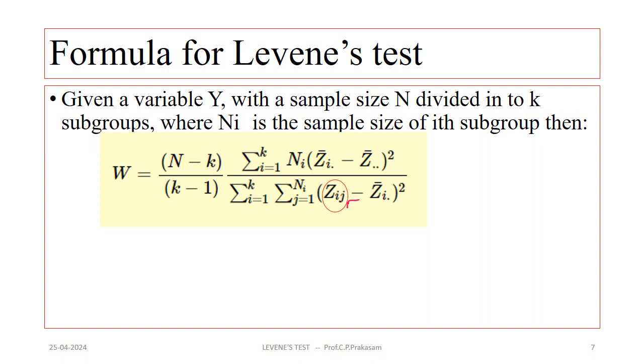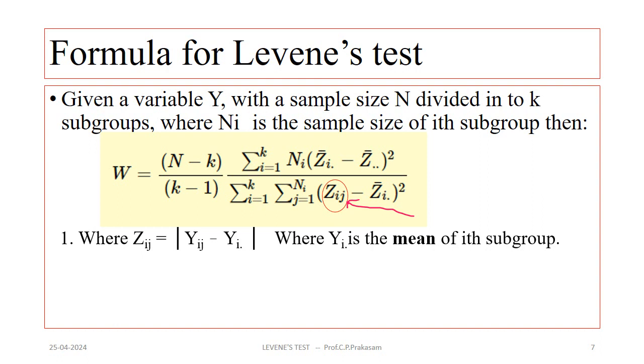times the difference of Zi., that is the group mean, minus Z.., the total mean, whole squared, divided by the double summation of Zij, that is the individual observations in the cell, minus Zi. bar whole squared. Here most of the values N, k, Zi. and Z.. are derived from the observations. Then the variation occurs only with the Z, which is the distribution. Therefore, this will be